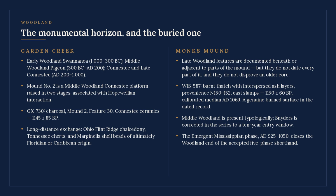Feature 30, with Kinnesti ceramics, at 1145 plus or minus 85 before present. The exchange record matches Ohio Flint Ridge Chalcedony, Tennessee Cherts, and Marginella shell beads of ultimately Floridian or Caribbean origin. At Monk's Mound the Woodland is underneath. Late with the